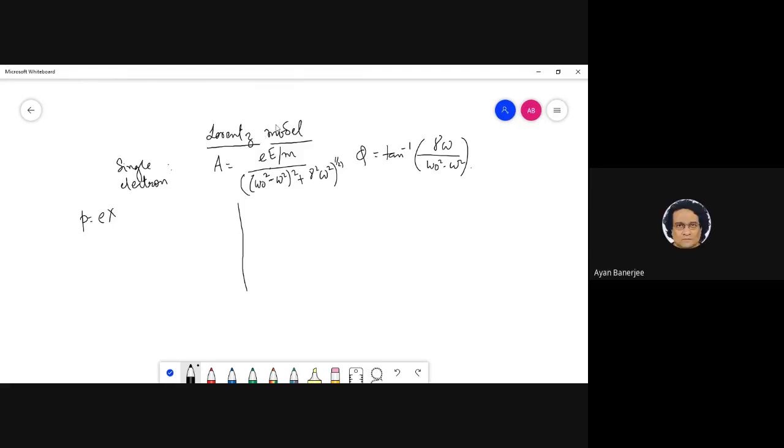That will be E naught, then. Yes, that is also right. We can write this as E naught. Correct. But see, the important part is when we are going to say, oh,